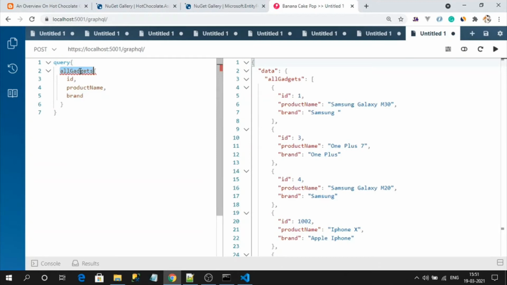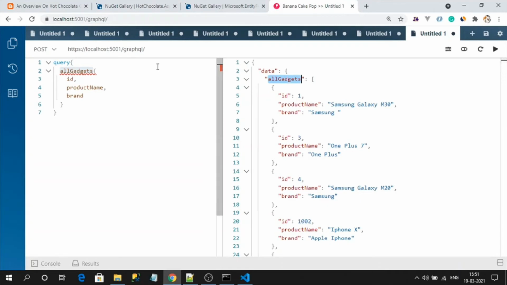The same resolver method will be used by the server to return the response object. If you want to change the name in the response object to a more convenient, more understandable name for your collection, then you can use aliases.